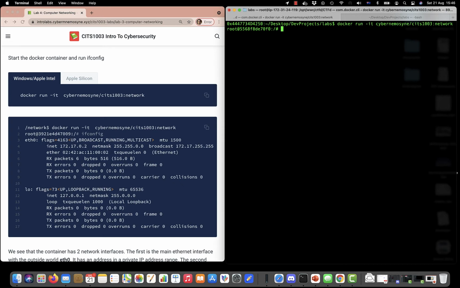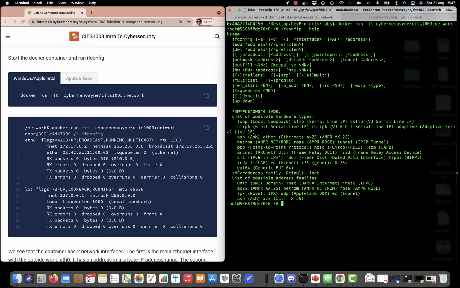It asks us to run an ifconfig command. If I wanted to, I could do --help to give some information about what this command will do, and also what arguments it will take. But if we do an ifconfig,